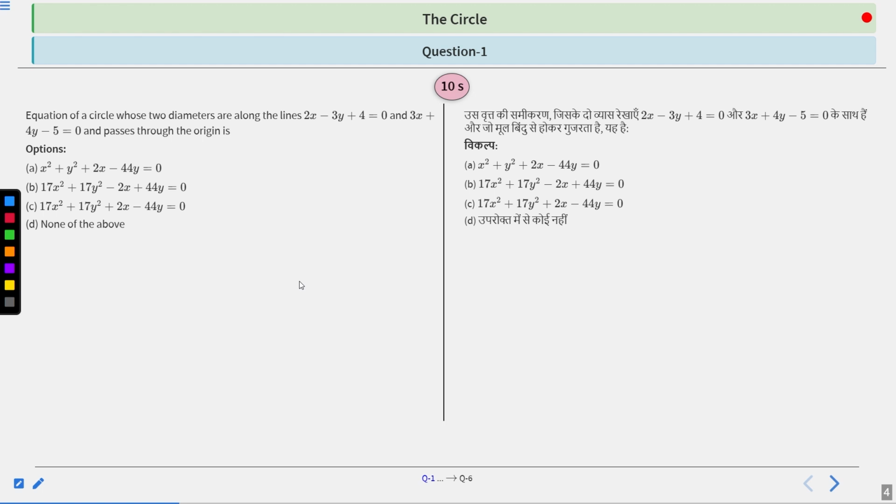Clear? So for the circle, we now have the center and the radius. For any circle, if we have center and radius, we can easily find the equation of the circle. So in this way you can try to approach this question. You have 10 seconds to solve or think about this question. After 10 seconds we will discuss the solution part, right?